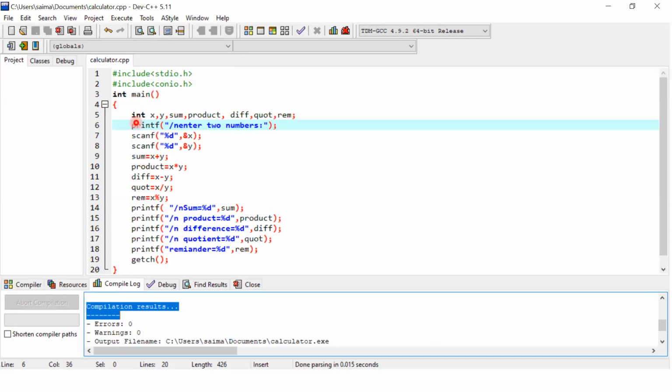Okay, the first thing is integers; we will declare the integers. Integer means any value, and the variables that we will use in the program, first we will declare at the start. Okay, int is a reserved word. We will tell which integers: x, y, sum, product, difference, quotient and remainder. Okay, these are the basic things in small calculators.